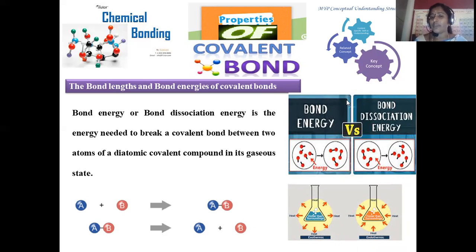Here we have a slight distinction between bond energy and bond dissociation energy. Bond energy is named when individual atoms, upon combination, get converted into molecules. Atoms, by combination, unite to give the molecule. In most cases, the molecules will be more stable than the atoms. That's the reason their energy will be less, so obviously there will be a release of energy. Release of energy during a reaction is known as exothermic. The amount of energy released or absorbed during the uniting of atoms into a molecule is denoted as bond energy.